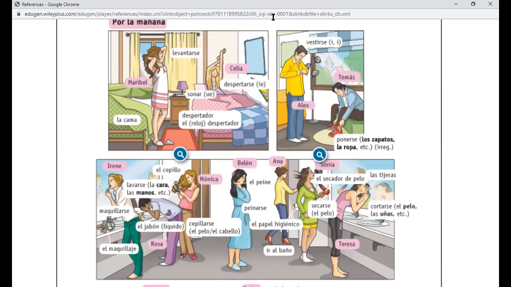All right. So let's see how this works now. Are you ready to try to conjugate it? Sí. Okay. So Celia y Maribel. We're going to use a third person. We're going to say what they are doing, right? Sí. Okay. Por la mañana, el despertador suena. ¿Sí? You see it now? Bueno, sí.